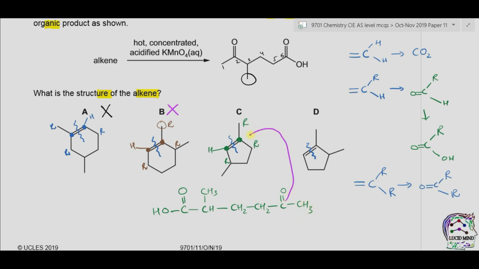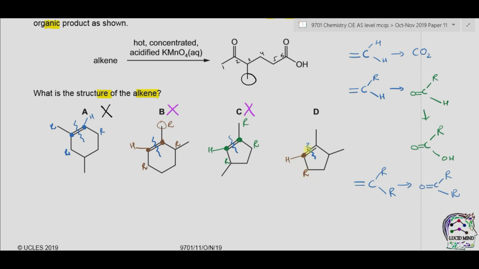Now this carbon atom is this one and this is this one. Now we can see that in the long chain there are 6 carbon atoms present, and on second carbon we have ketone, while on third carbon atom no methyl group is attached, while in the given product on third carbon atom there must be a CH3 group present. So C is incorrect. Now in part D, this carbon atom is attached with one hydrogen and one alkyl group,